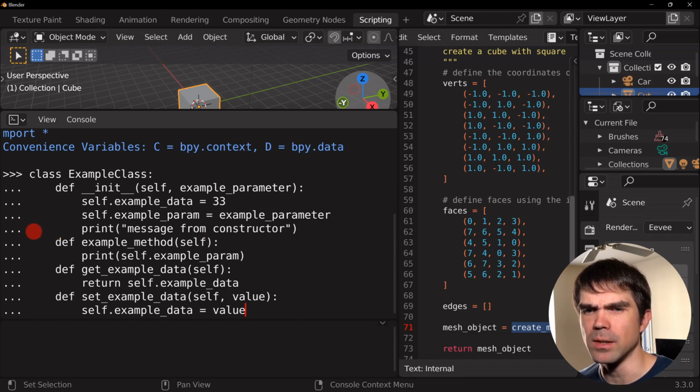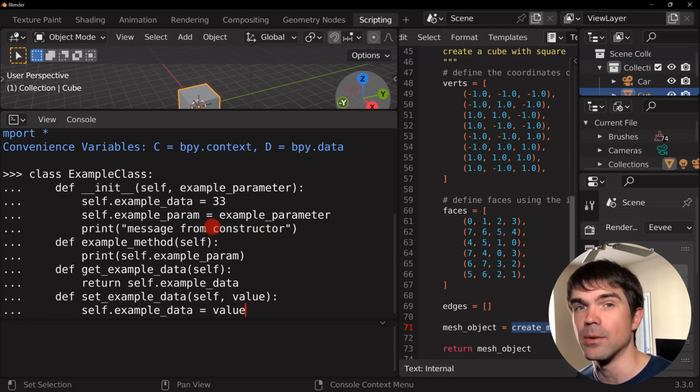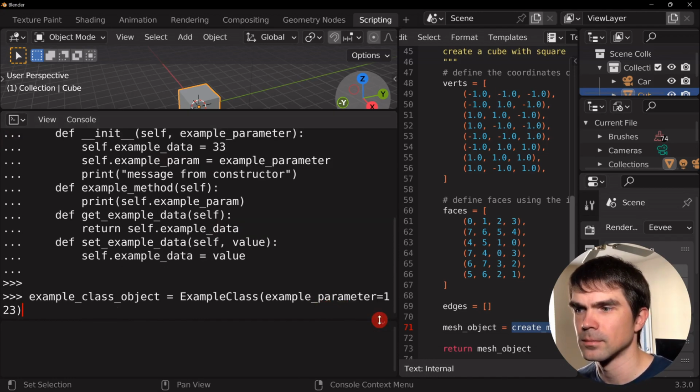Remember, don't leave any new lines or spaces in between these definitions in the interactive Python console. You can do that in the text editor, but the interactive Python console doesn't really like when you paste in that code this way. Also, notice that I've added into the constructor at the very end a print statement that is going to tell us that, hey, this ran. You're going to see this in just a second